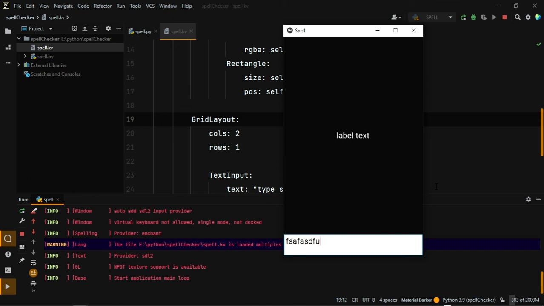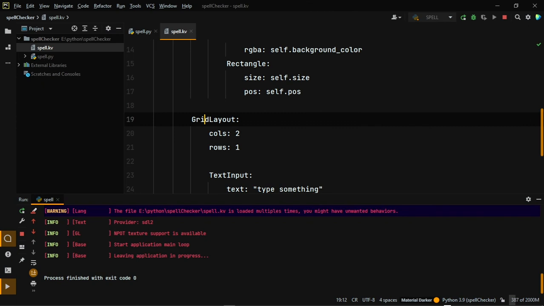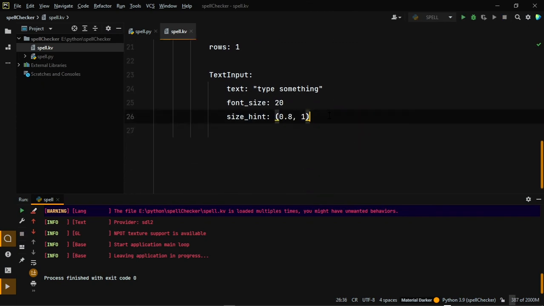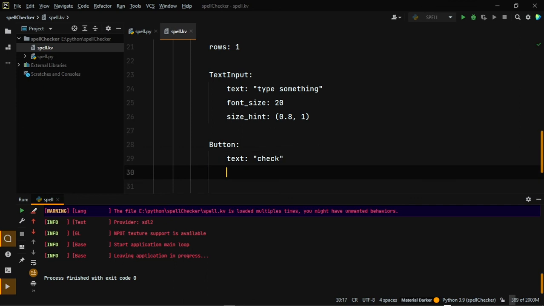So basically now it's in white color, but we're gonna change it. Obviously we're gonna change the color, don't worry. So before that, let's add our button. And to add a button, I hope you already guessed how we can add a button. So let's say button, and inside of this button, the text of this button is gonna be